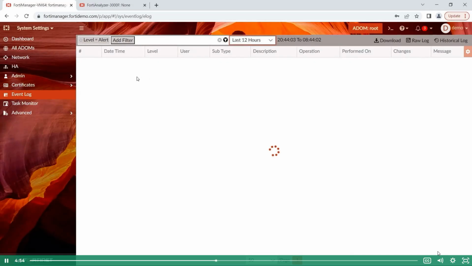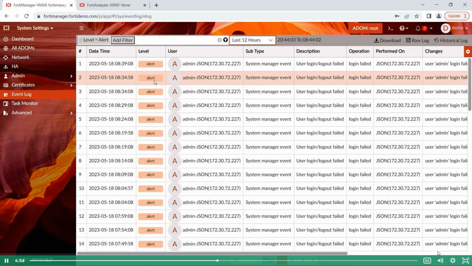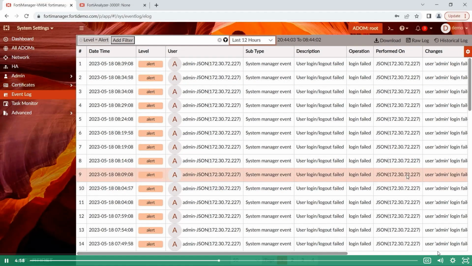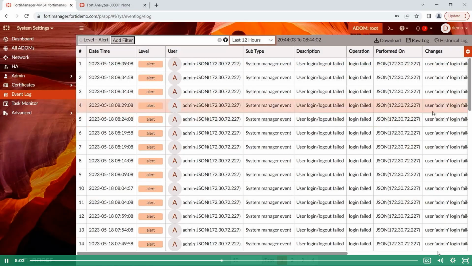And it will eventually come up because it's searching through all the log files. And here's all the alerts for the last 12 hours. And as we look, it's login failed pretty much everywhere. People from the outside world, being this is a demo,